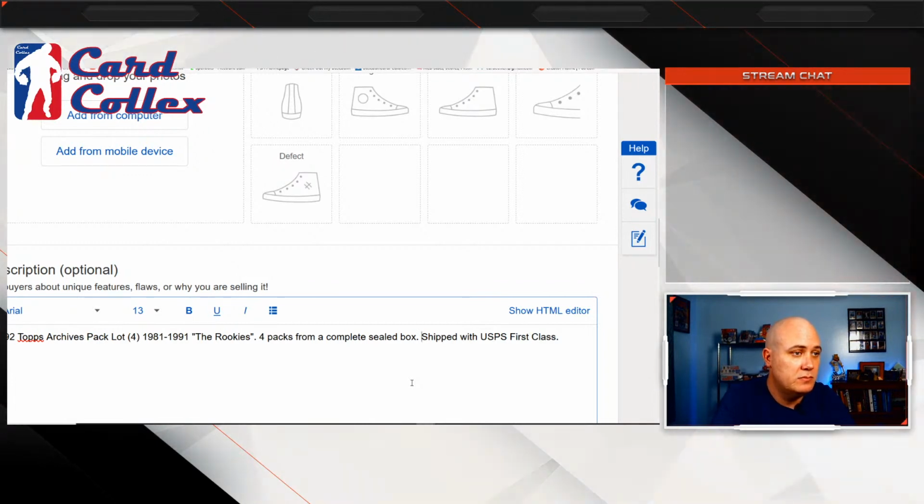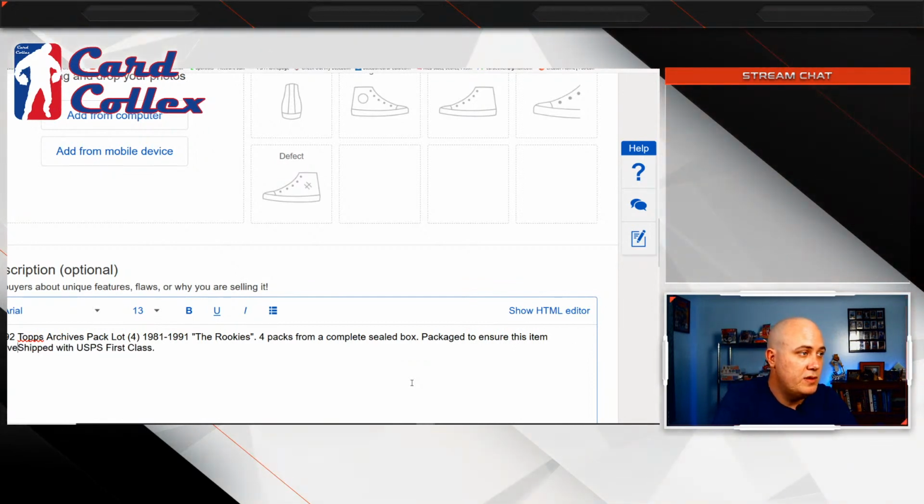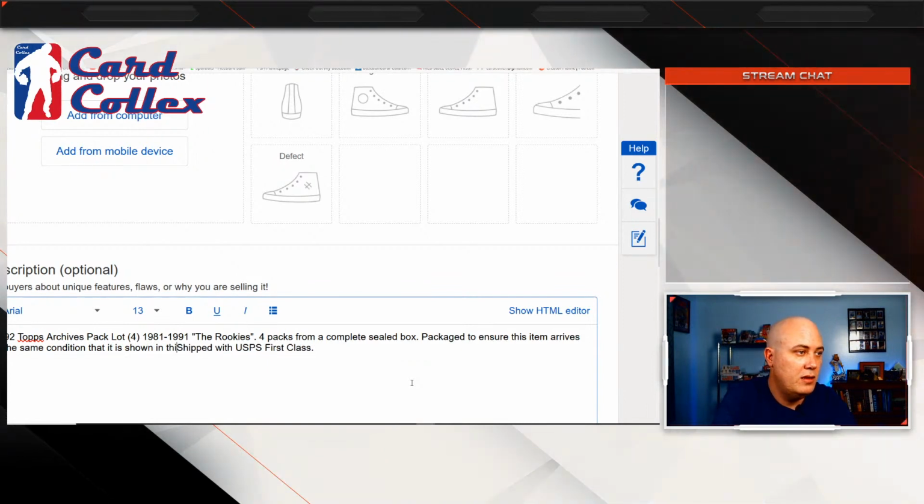I don't know. You don't have to put a whole lot. Package to ensure this item arrives in the same condition that it is shown in this photo.